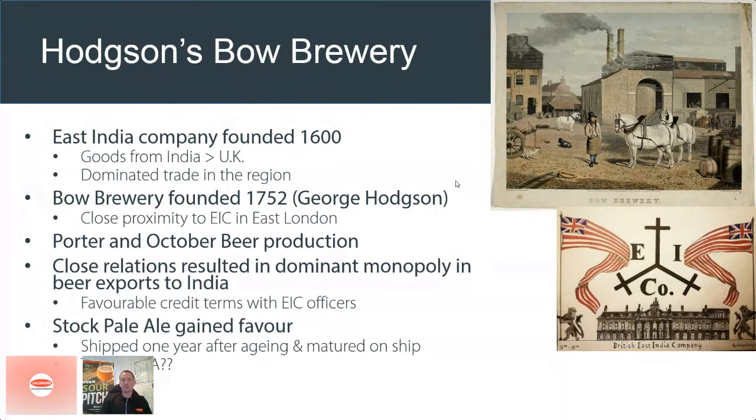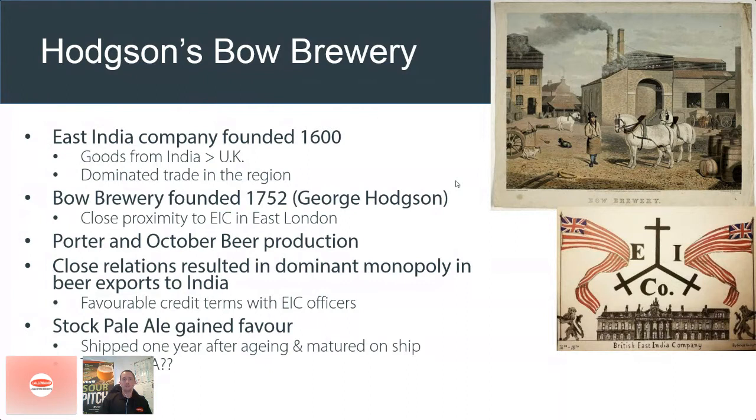But it was specifically the Pale Ale, Hodgson's Pale Ale, that became very popular going out to India. And so the question is, could we consider Hodgson's Pale Ale the first ever IPA? And I think it's fair to say that we can't call it the first IPA. It wasn't called an IPA. It was just a stock ale. It was just a pale ale. But certainly, we cannot overstate the importance of Hodgson's Bow Brewery in how IPA and crucially the export of beer